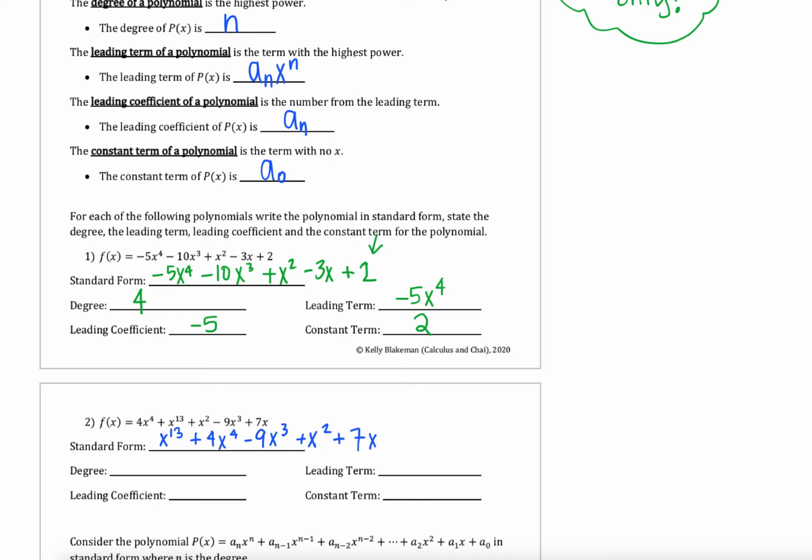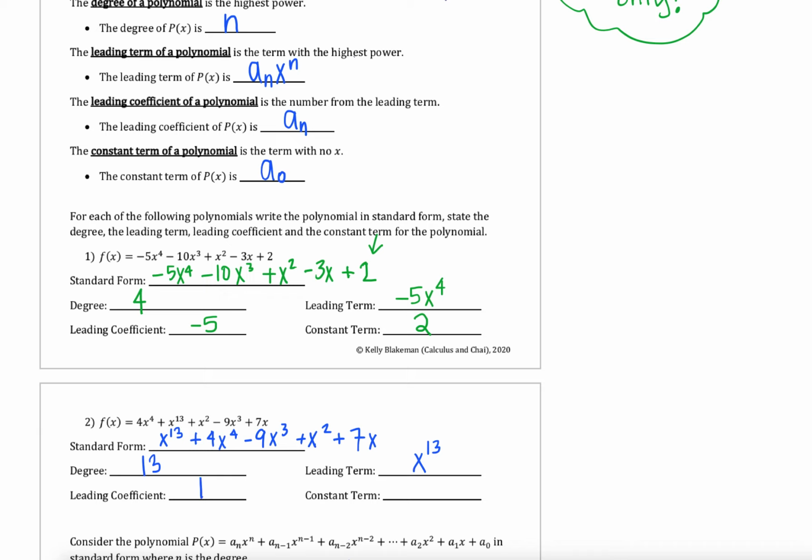And this is then going to be a polynomial in standard form. Why don't you guys pause the video and find the degree, the leading term, the leading coefficient, and the constant term for this polynomial. So in example 2, our degree is going to be 13, since that's our highest power. Our leading term is that x to the 13th, since that is the term with the highest power. Our leading coefficient in this case is actually just going to be a 1, since I have that visible 1